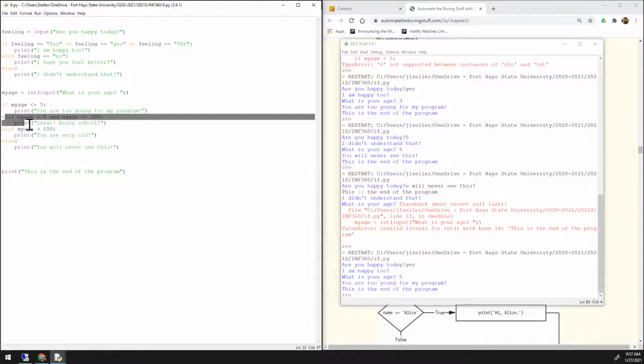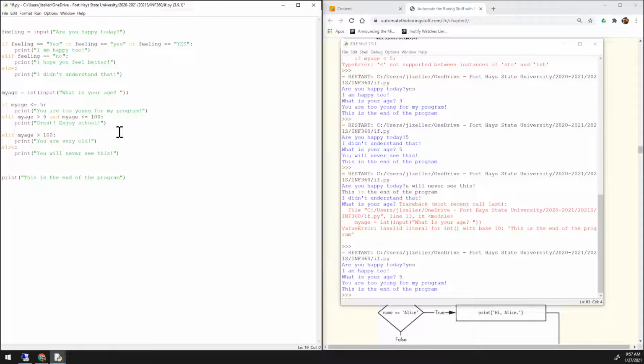Now you can have an unlimited number of elifs here. So if you want to test 100 of them, whatever your use case is, you could test it. So if you specifically wanted a use case where you wanted to see if they were 30 and you wanted to do something specifically for 30, then what we would do is test that just for purpose sake. Let's test that here and say elif my age equals 30,